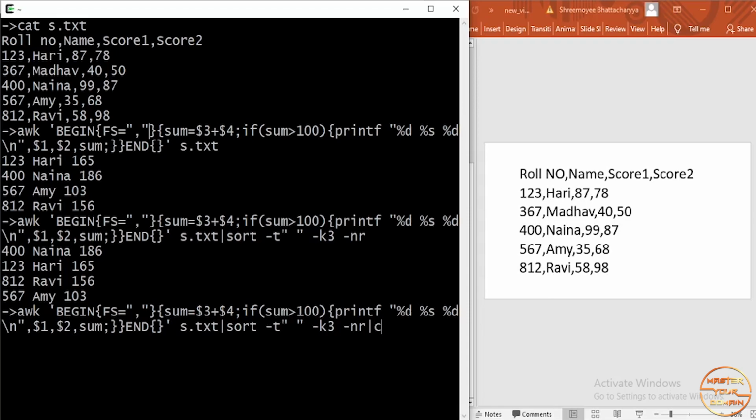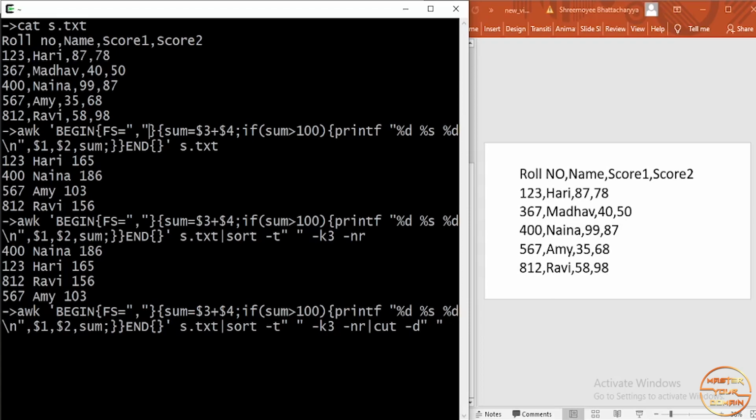But here I want to show you a different command, which is the cut command. It's like cut and paste. So the cut command, and here you need to again specify the field separator, and for that the option is -d, and the field separator is a space.